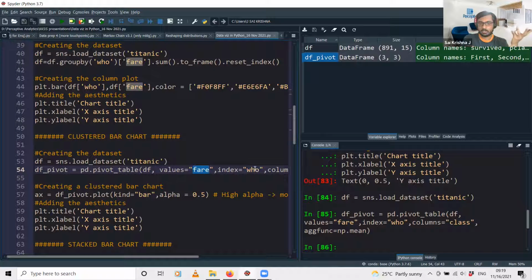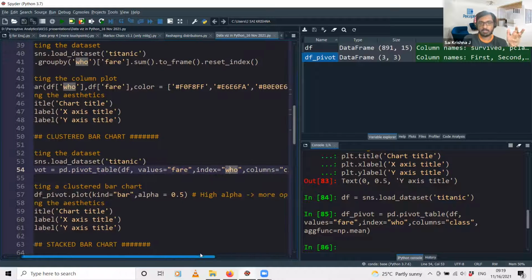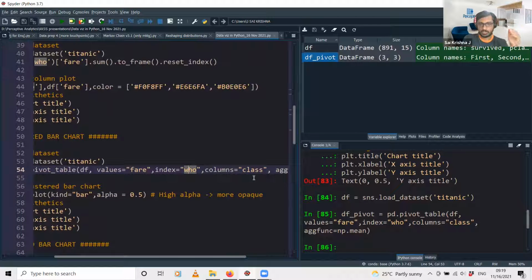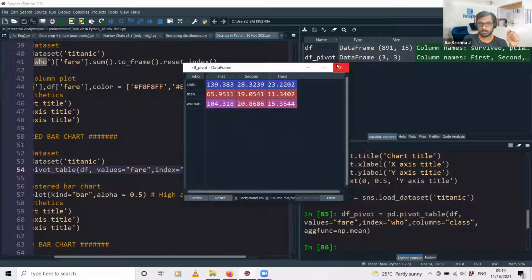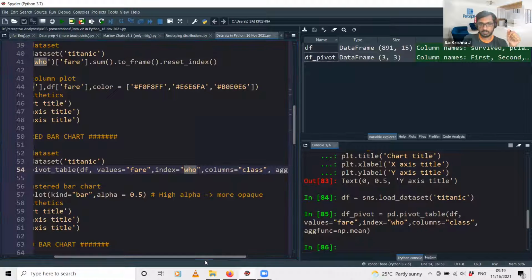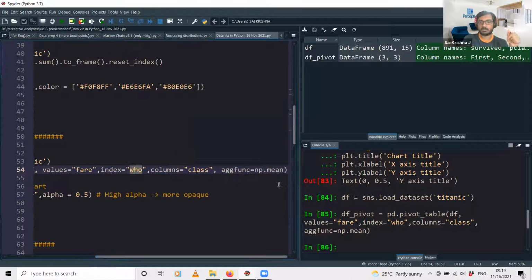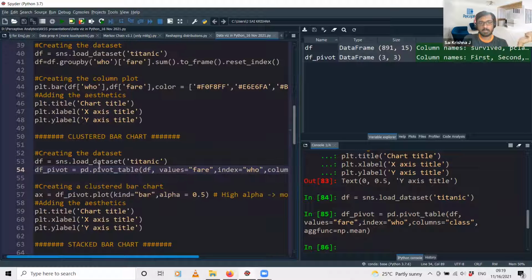Index is nothing but the column on which we should perform the aggregation, that is the who column, which indicates the gender. Then columns in the aggregated data set: what you have here, the first, second, and third, that will be the class. And then what sort of aggregation do you want to perform? Do you want the total, or the average? That is what I have specified here, mean, which indicates the average.